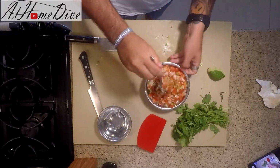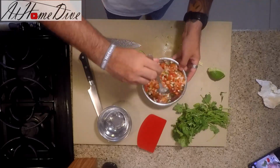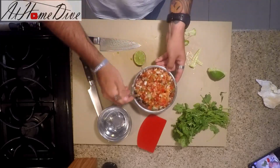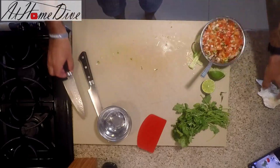Extra acid from the lime is going to freshen it up, and it's also going to help break down that onion and jalapeno to get rid of the sharpness that's going to naturally occur. So once we've done all this, we are going to set everything totally aside and wipe our cutting board across,